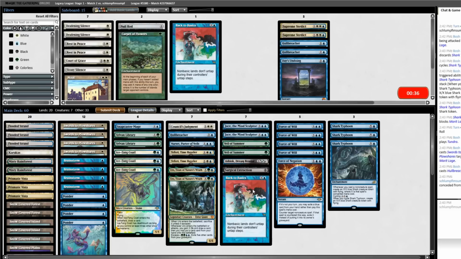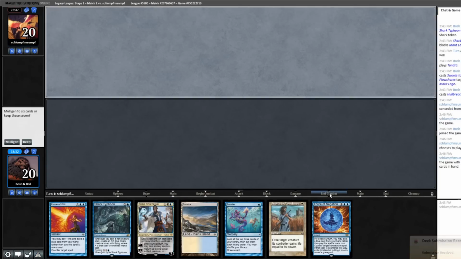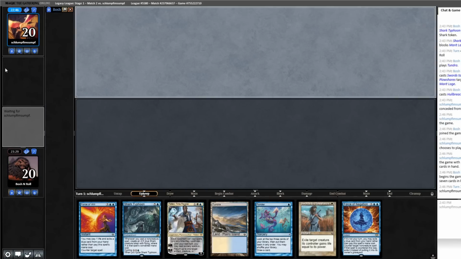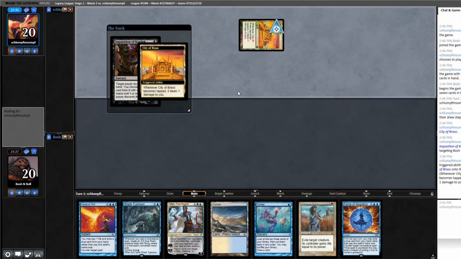Like, you don't need Back to Basics often, and there are a lot of games where you won't need it at all. But here we are. This hand has Swords to Plowshares in it, so I'll keep it. Oh, they kept 7. That's lucky. It's probably going to be a better game than when they kept 4. Alright, Rainbow Depths confirmed. So we're looking for Stifle and...